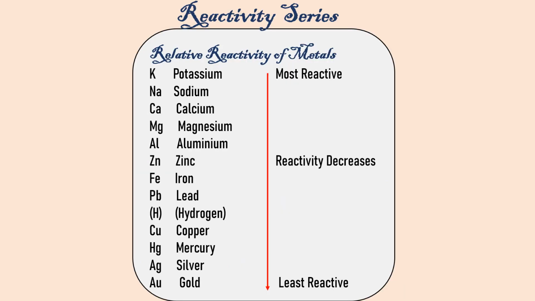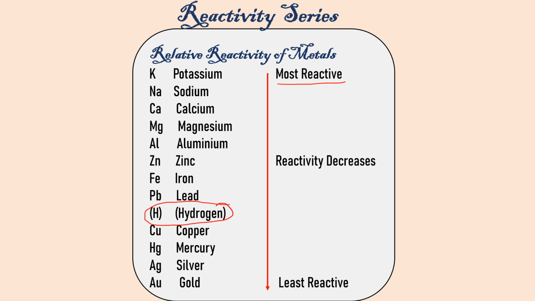Now let's look at the reactivity series of metals. It is also known as activity series, children. Metals have been arranged in order of their decreasing activity. After performing displacement experiments with various metals and compounds, the following series has been developed. Metals at the top of the series are most reactive, and at the bottom of the series are less reactive. Here you can see hydrogen